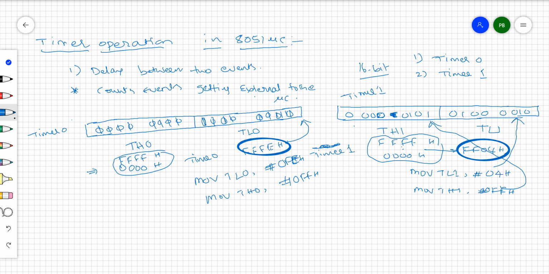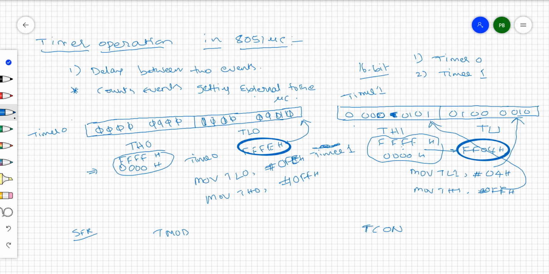We'll see now how you can generate a delay between two events. Before looking into how you can use these timers to provide the delay, we have two special function registers, SFRs, that is the TMOD register and the TCON register. Timer mode register and timer control register, right?